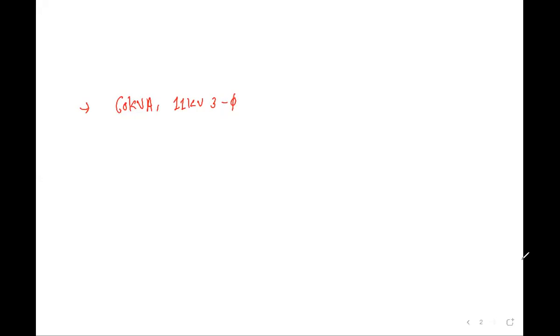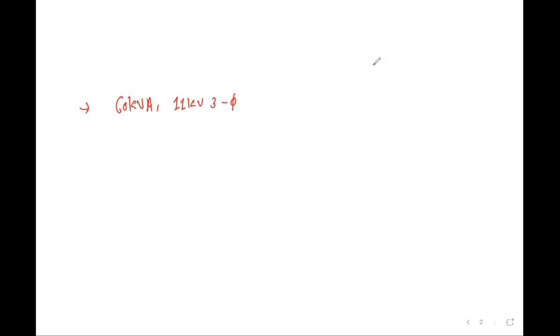Suppose it is 60 kVA, 11 kV, how will it work? What is the equation of kVA? kVA means apparent power. What is the equation for AC power? P is equal to VI cos phi, with the power factor. The unit of power is kilowatt, but when we have a rating in VA, we are not considering the power factor, it is V and A only.